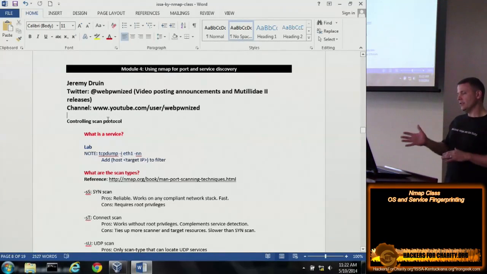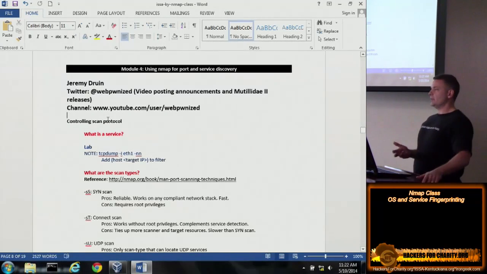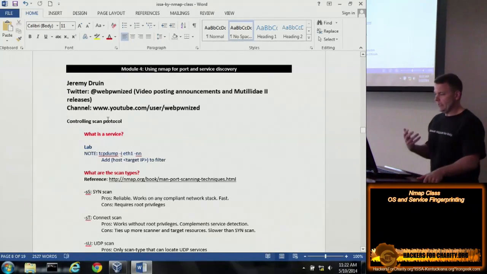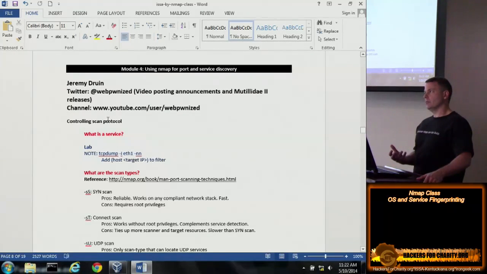So Adrian had talked about some of the protocols that were in use, TCP and UDP, and we can control those protocols more closely depending on the situation. So if you know you want to scan for just TCP services or just UDP, or in particular if you want to search certain ports or port ranges, you can control those to greatly increase the scan timing, especially on